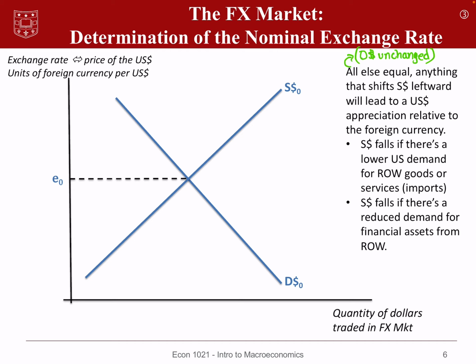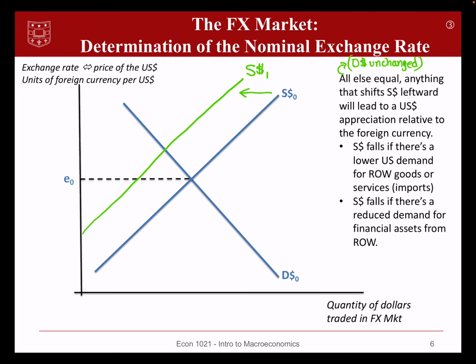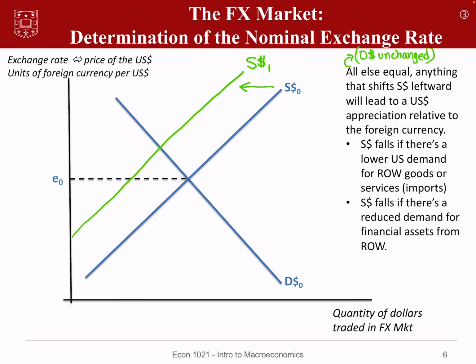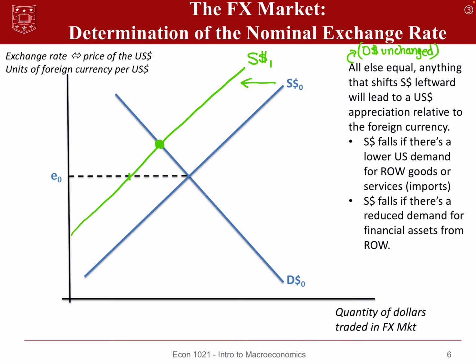If we have a leftward shift in the supply curve for dollars, so in other words, if the supply curve for dollars were to shift from S0 to S1, then we would again predict that the dollar would appreciate in the foreign exchange market, because again we would observe that following the leftward shift in the supply curve of dollars, at the original equilibrium exchange rate, so suppose this is, I don't know, £1 per dollar,